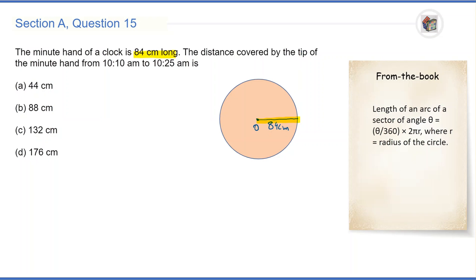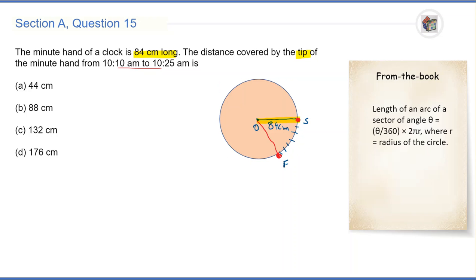The distance covered by the tip of the minute hand, which is here, the distance covered by this tip from 10:10 to 10:25 a.m. is how much? So really, obviously, as time goes by, the minute hand is going to move forward. So after a while, after these 15 minutes to be precise, it will reach somewhere else. So suppose it reaches here, then we can see that the tip has made a movement. It has come from this first starting point to this final point, and this is precisely the distance that we